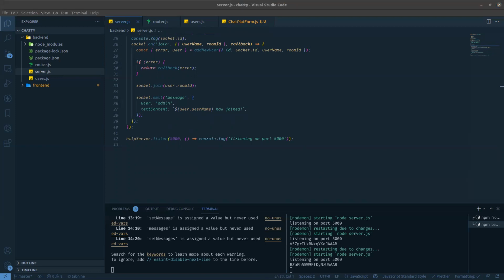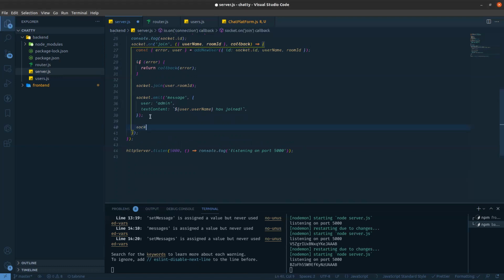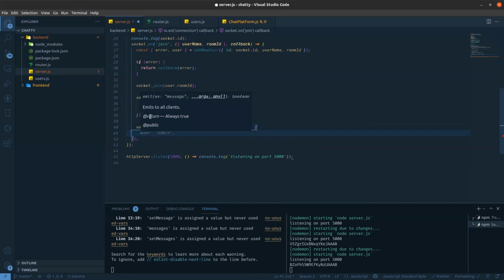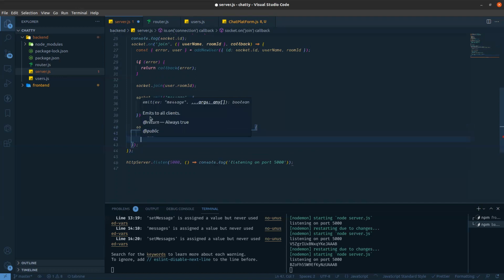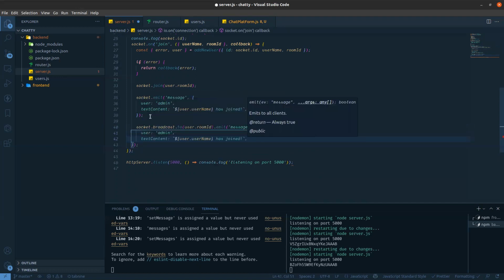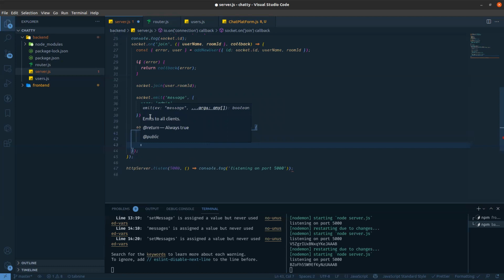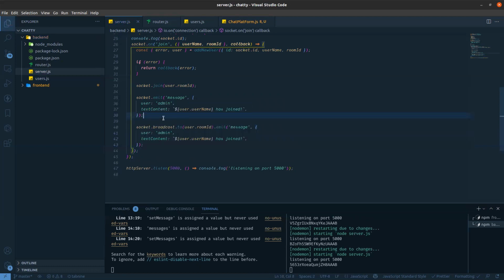Another thing, we also need to broadcast. So socket.broadcast.to, then we need to use that room ID and also emit message. Okay, user should be admin and the text content should be has joined. So first, when someone has joined, obviously admin will notify you.